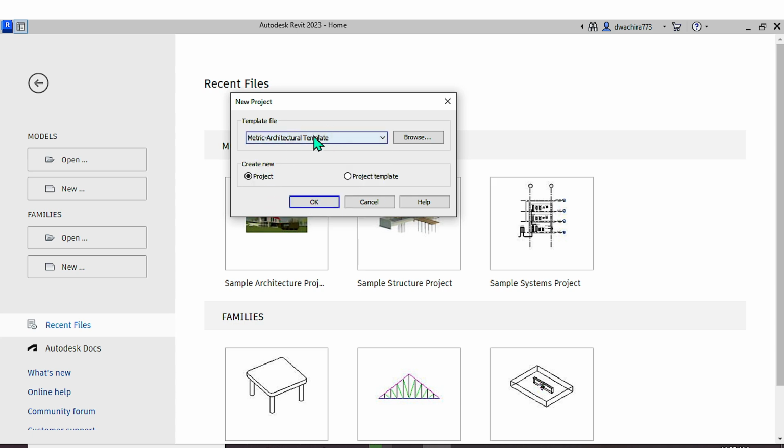So that is the metric file, the template that we decide to use. If you don't want to have any template, you can just decide to click on none. Now in this case, if you choose none, you're going to have the default Revit without customizations. But of course, for our case, because we are getting started, we can just proceed and base on the architectural